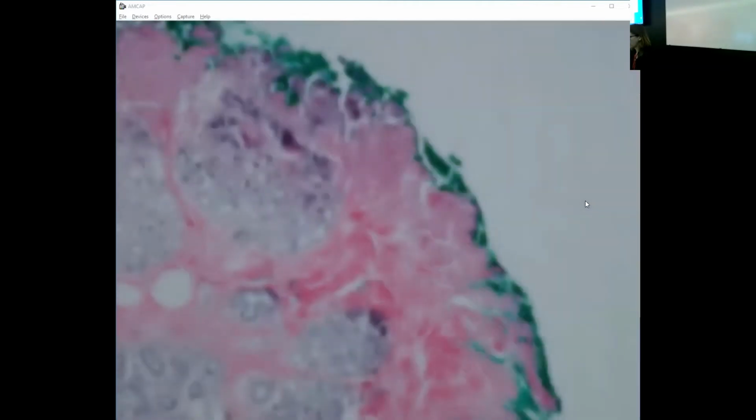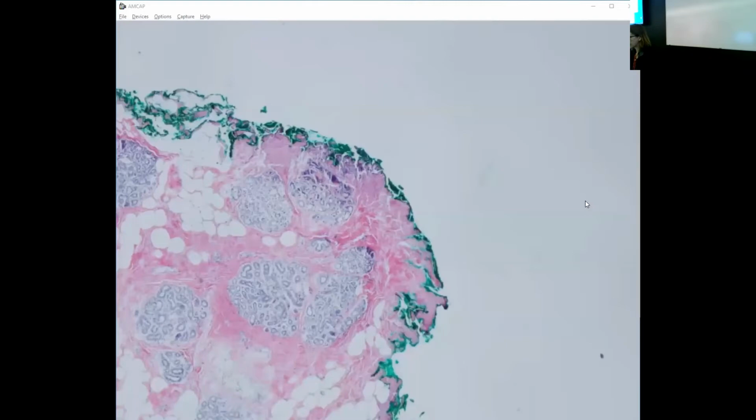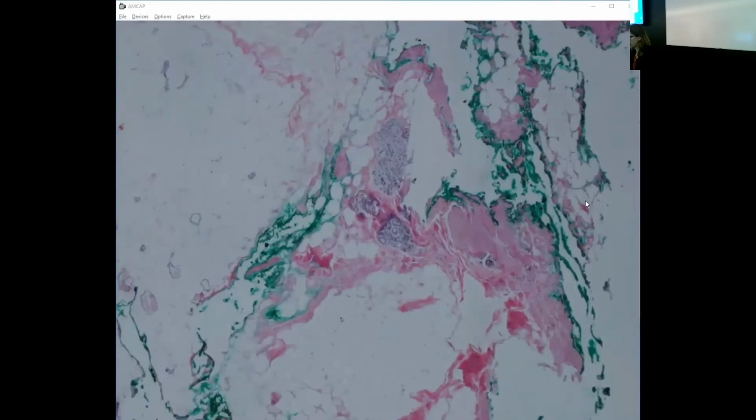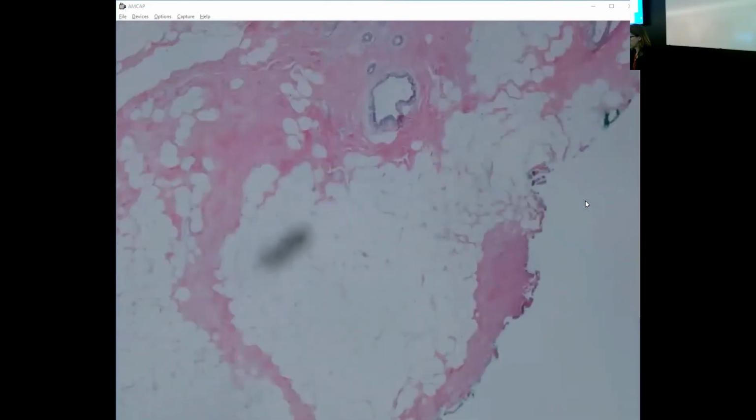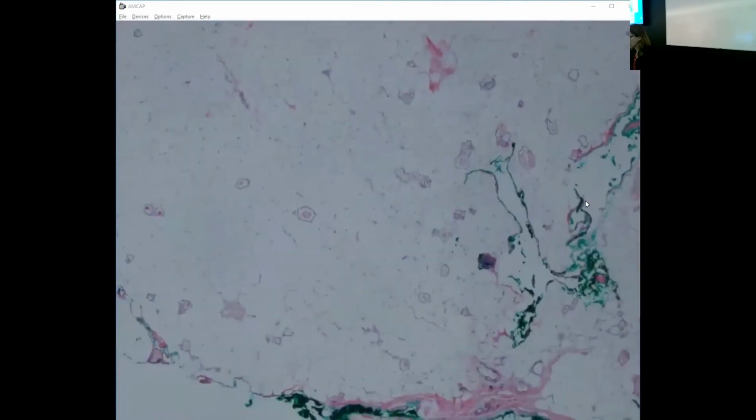Okay, so let's look at this one. Actually, I'm going to show you this one. This was an excision in a patient. I can't remember what the excision was for, but it wasn't for this. This was an incidental finding in a patient with an excision for, let's say, a papilloma. She had a papilloma, and it was in another section. So this was one of the